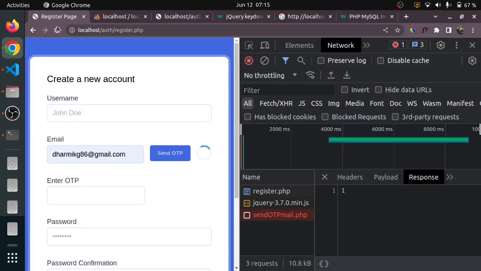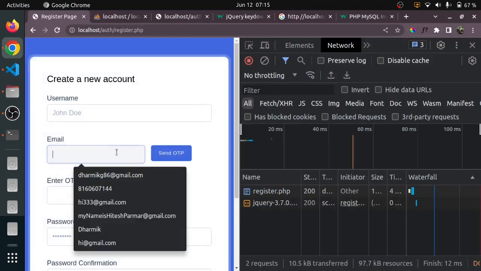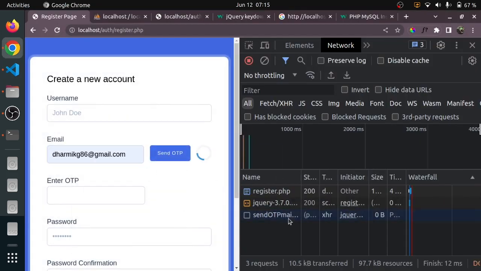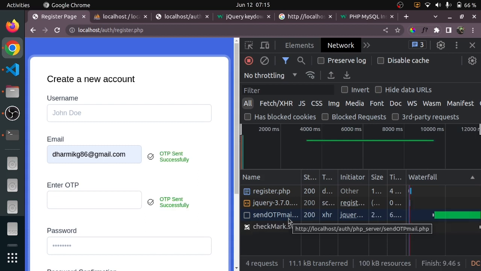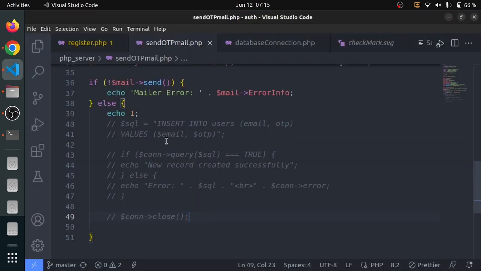Okay, and OTP. So now you can see that OTP is sent successfully. But there might be some problems, right? What we really need is, we want to comment this thing out,